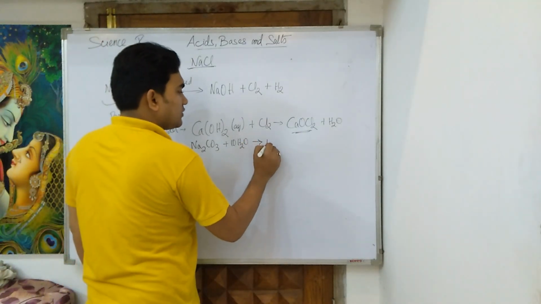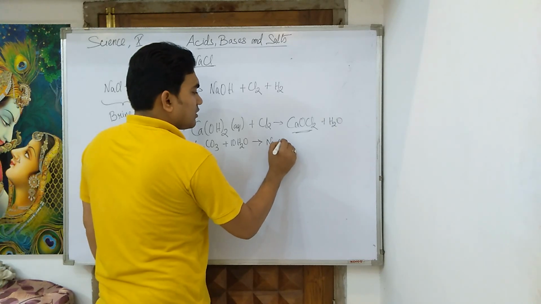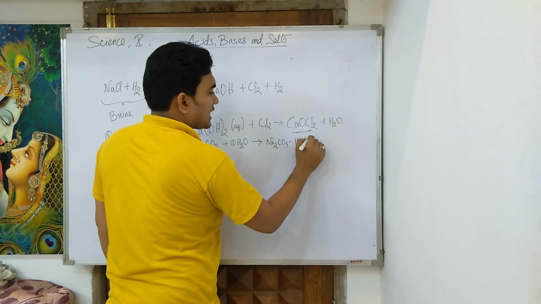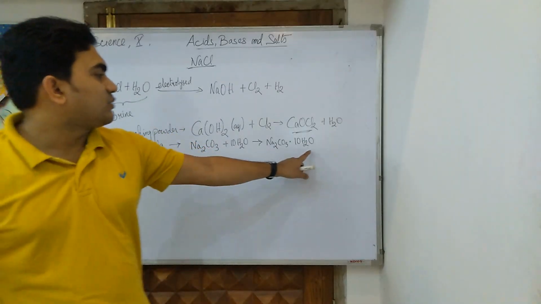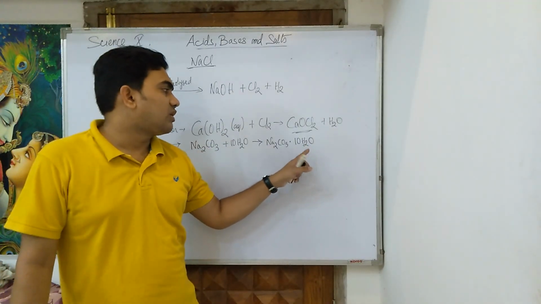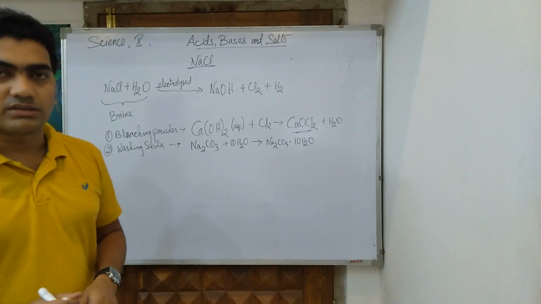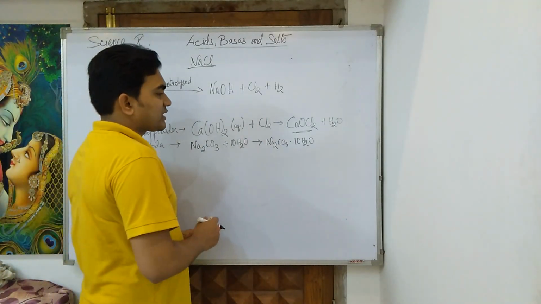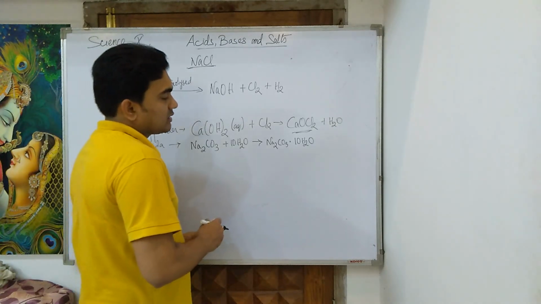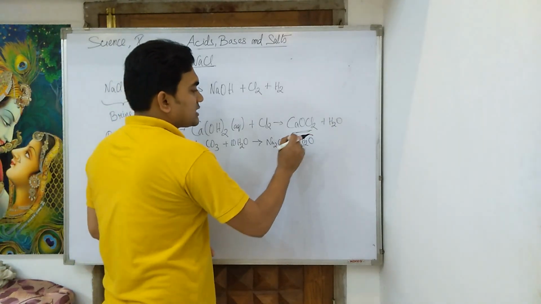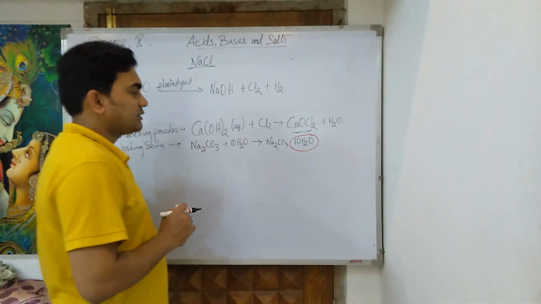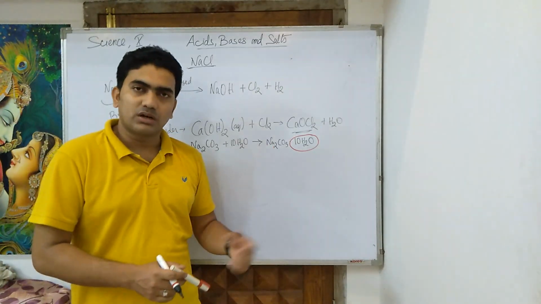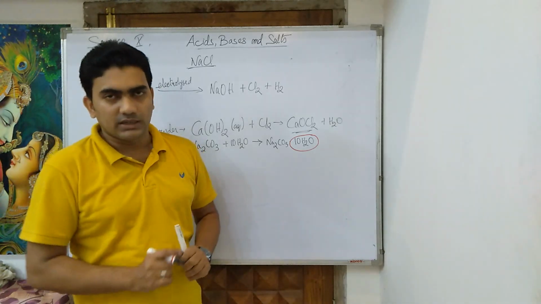It gives out a new compound, Na2CO3.10H2O. These 10 molecules of water are called water of crystallization. They do not react, rather they are just weakly attached to the salt. These are called water of crystallization. This complete compound is used as washing soda, which has many other uses further.